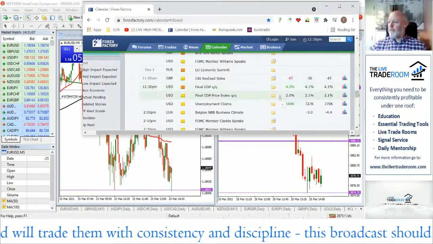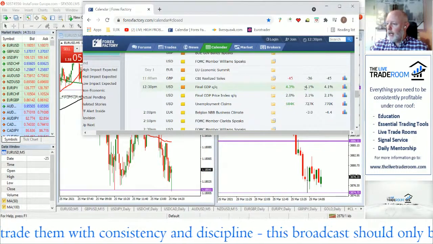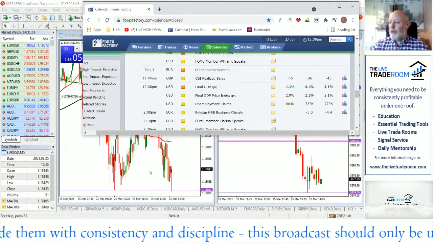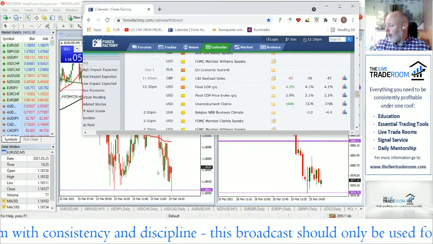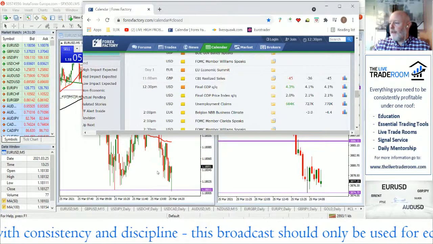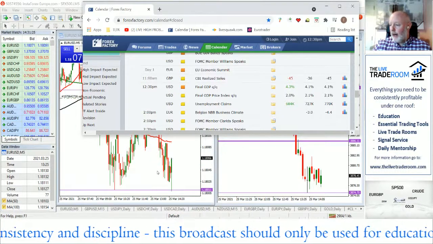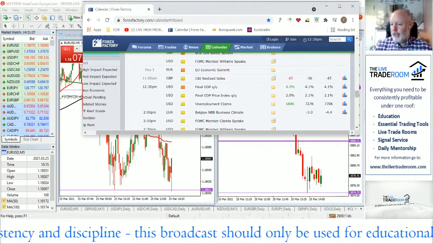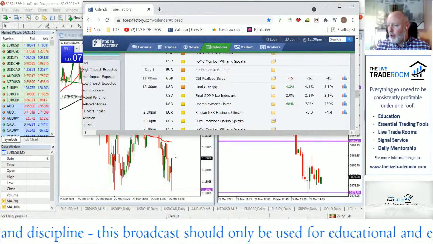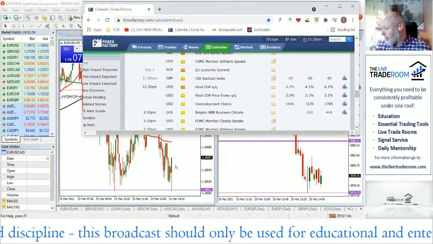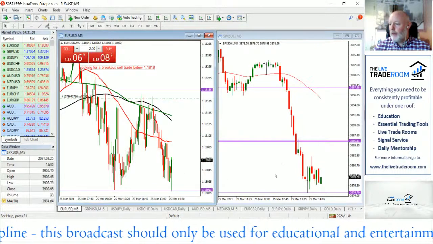So GDP actually performed better than expected. So you would think that that's good for the US economy. It's just whether this type of strength or this type of figure would be enough to support asset prices like your equity markets. You can see that the dollar just ran into that level of support. And it'll be interesting now to see how these markets react to that news event over the course of the next